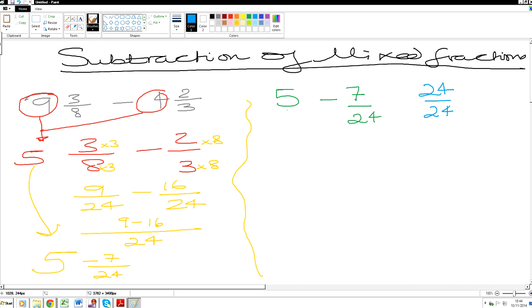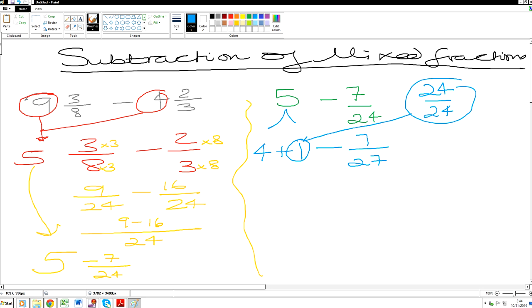Now, so why don't we just do something here? We say, okay, 5 is made up of what? 4 and 1. Is that right so far? Yeah. Okay. Now, can we say that this 1 here is the same as? No. Of course it is, because it is a whole. Yeah. So it's 4 add 24 24ths